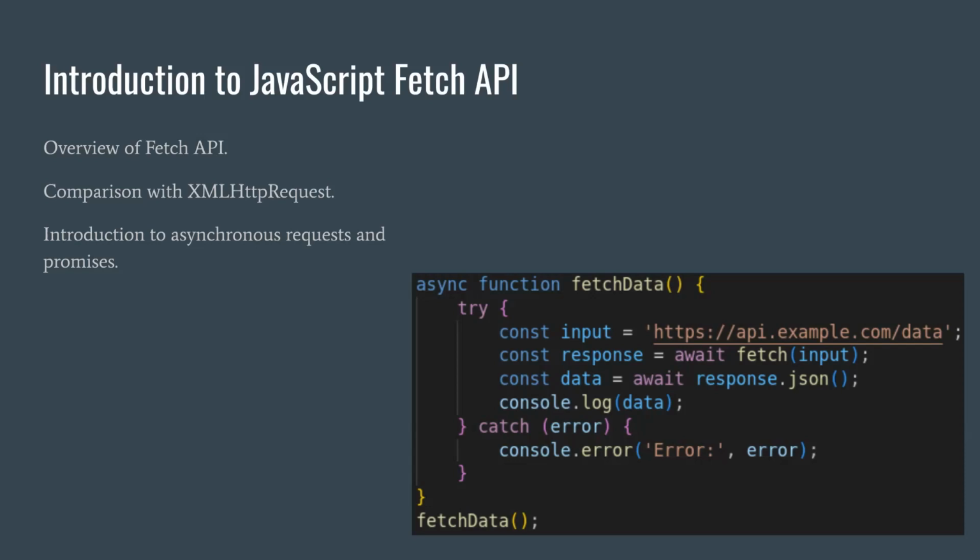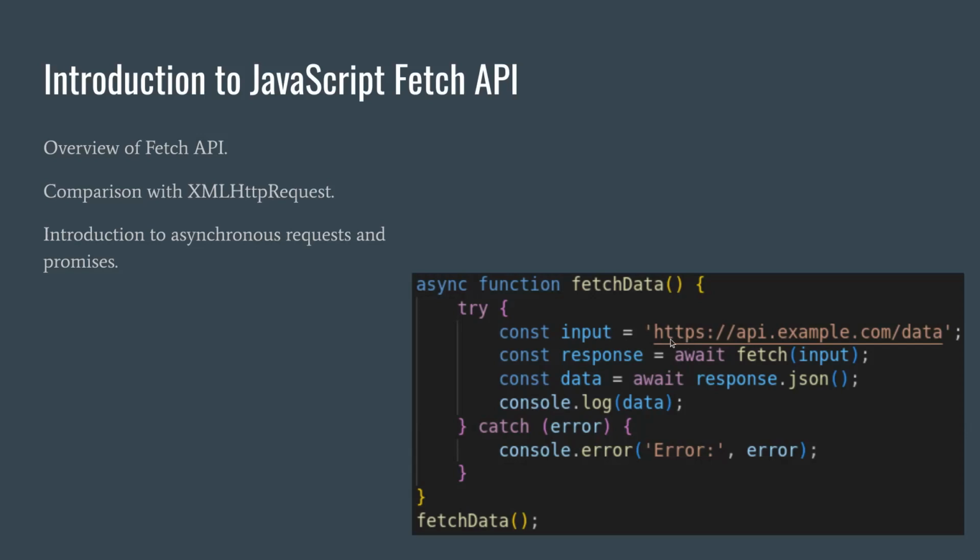And we'll look into how Fetch leverages asynchronous requests and promises to handle network communication more efficiently. I have a simple example to fetch data. We have an asynchronous function called fetchData, and we have a try catch block. We